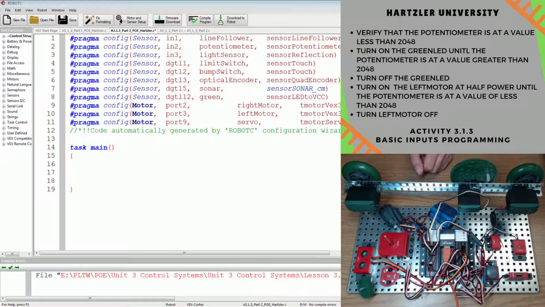Hey folks, Mr. Hartzler here, and this video is going to be on activity 3.1.3, and we're doing part 3. And that means we're doing the stuff that's listed just above my hand here, and we're going to start off by verifying that the potentiometer is at a value less than